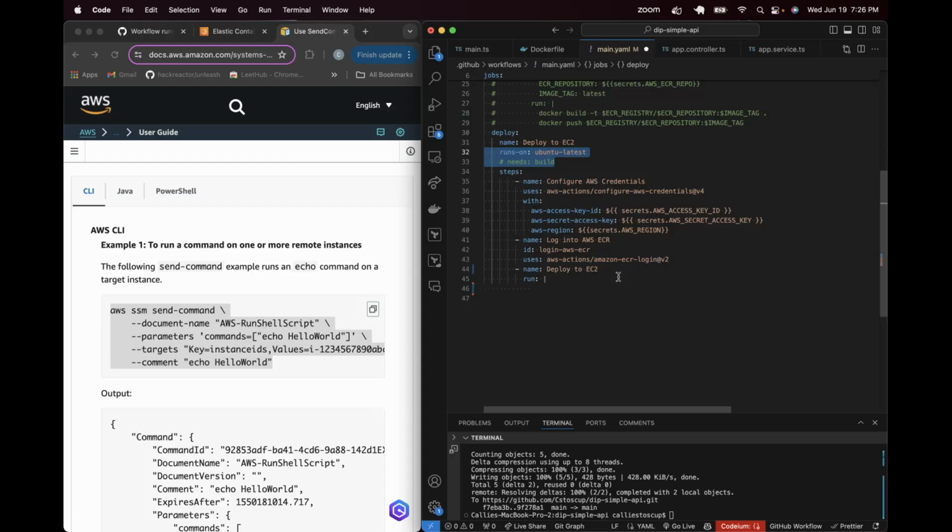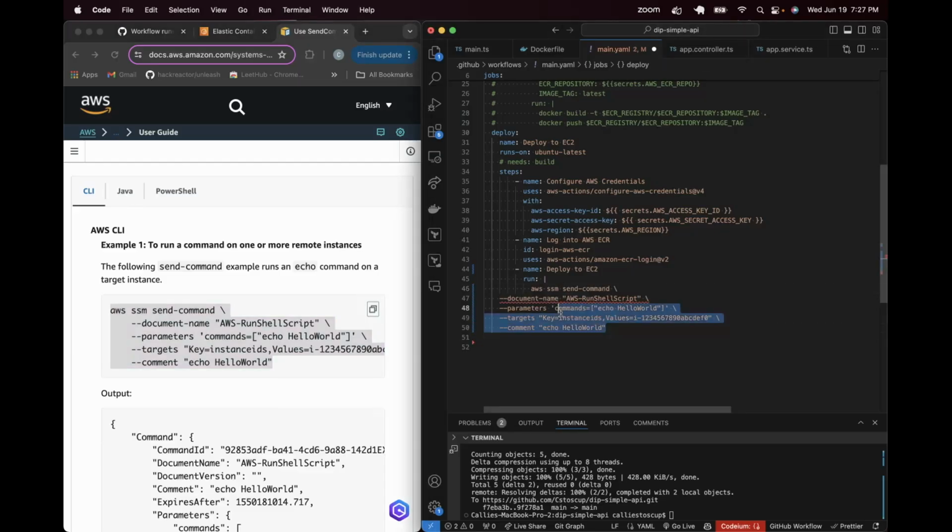However, when we deploy to EC2 and you are going to run your command to log into AWS ECR, you want your EC2 instance to log in. Then you're going to run a command saying that you want to pull down that image. Well, you want your EC2 instance to pull down the image and run it. You don't want the Ubuntu latest computer to do that. So we are going to go ahead and copy this command here,